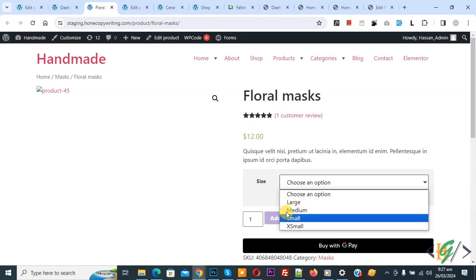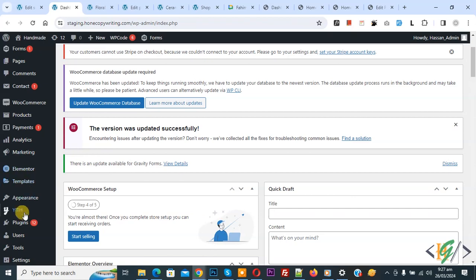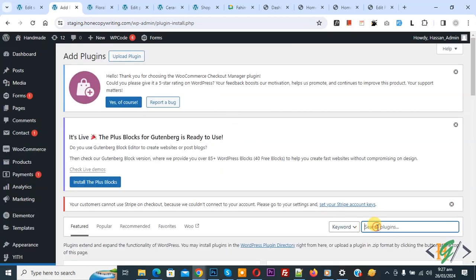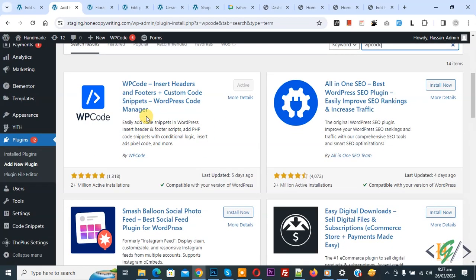Now go to dashboard. On left side you see plugin. So click on add new plugin. Then in search plugin write WP Code. So this is plugin WP Code, Insert Headers and Footers we will use. So you will install this plugin and activate it, and after activation on left side you see Code Snippets and